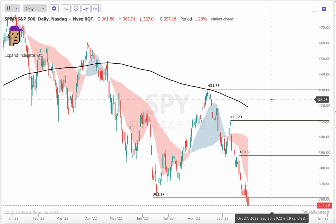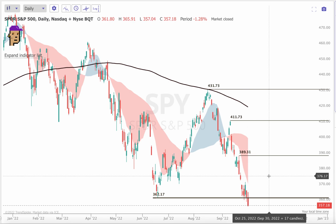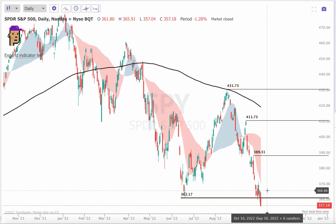So we always see people coming on CNBC talking about keep buying the dip, and eventually they're going to be right because eventually this market will turn. We've been bearish for the majority of this year since we broke trend back here, broke below this 200-day. We knew things weren't going to be smooth sailing. Now, we can continue to be bearish for as long as price tells us that we need to be. But if we start breaking to the upside of some of these levels, we need to readjust our macro thesis